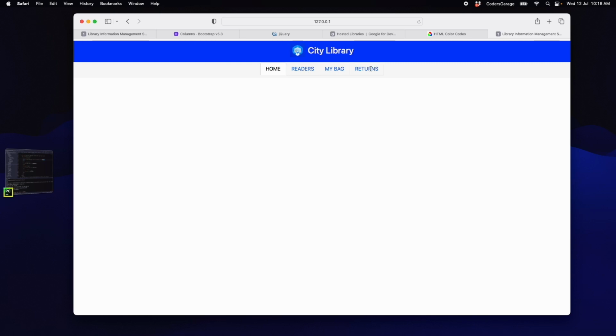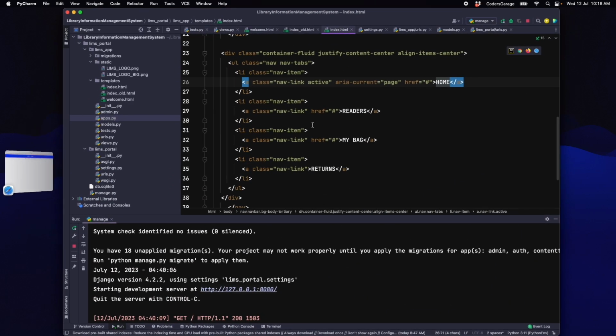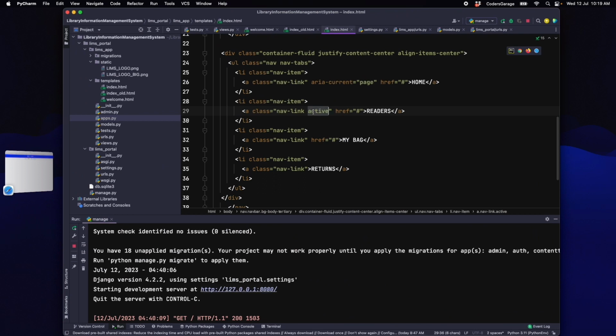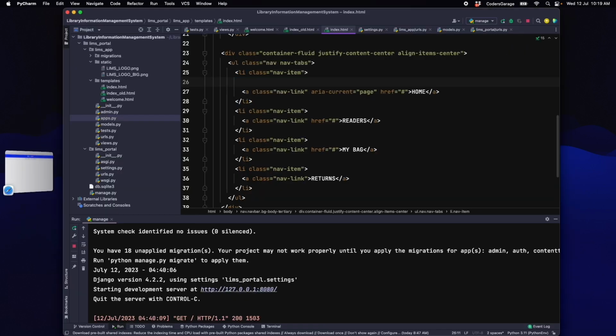To make this happen, we need to add some specific code in the HTML. HTML will show a tab as active if it has the active attribute present in its tag. For example, if we set the active keyword in the Readers tab element, then the Readers tab will be shown as the active tab in the UI. We cannot hard-code this in the HTML for our desired tags. So to make this work dynamically, we will be adding some if-else conditions to check the current tab and set